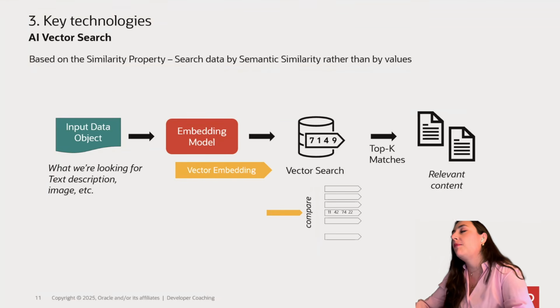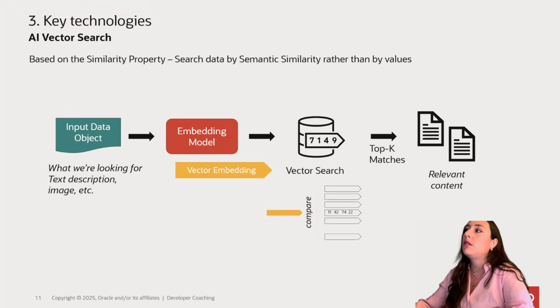The first thing that we are mentioning is AI vector search. So here the idea, instead of comparing raw text or raw image directly, we are going to first convert each object into a vector embedding. So basically, you know that a vector is a list of numbers that is capturing the meaning or the visual appearance. So the flow looks like this. First, we start with an input data object. This could be an image, a title, or free text description. Then we pass it through an embedding model, which is going to give you as an output a vector.